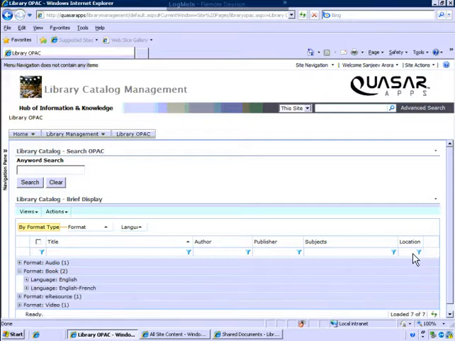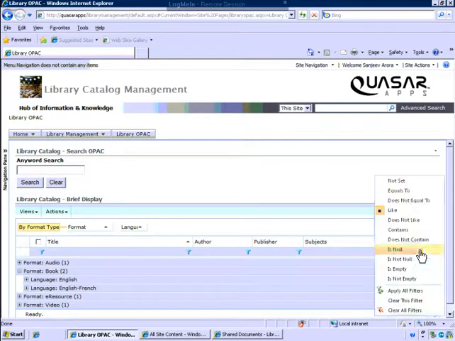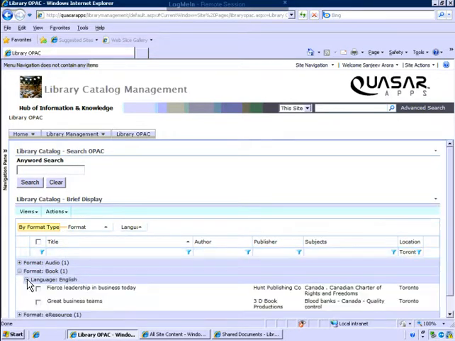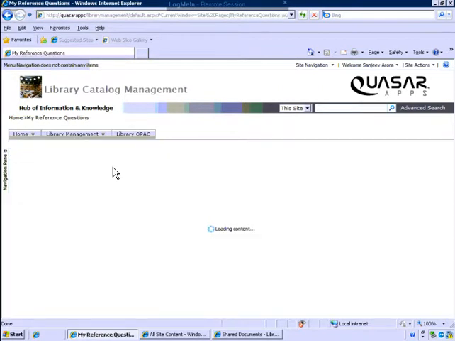We can also use this powerful filter. So if I was only looking for Toronto in my location, I can change that to equals to Toronto and apply that filter. Now I only have items left which are available in Toronto. So with this powerful search results page, I'm going to jump onto the other area, which is the My Reference